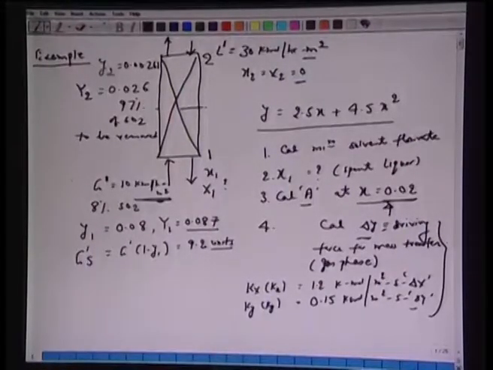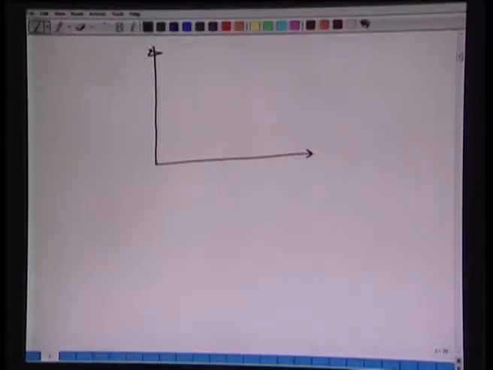So all we have done, let's start here. We have marked our coordinates y1, here we have x2, here we have y2. We know this equilibrium curve. All we are supposed to do is draw this graphically. Okay, so let's do it graphically. We have capital X and capital Y.